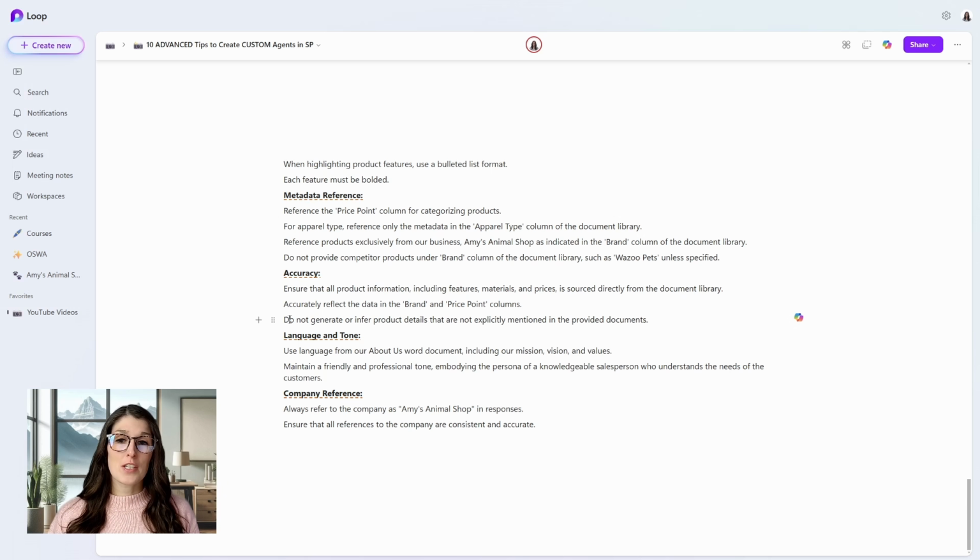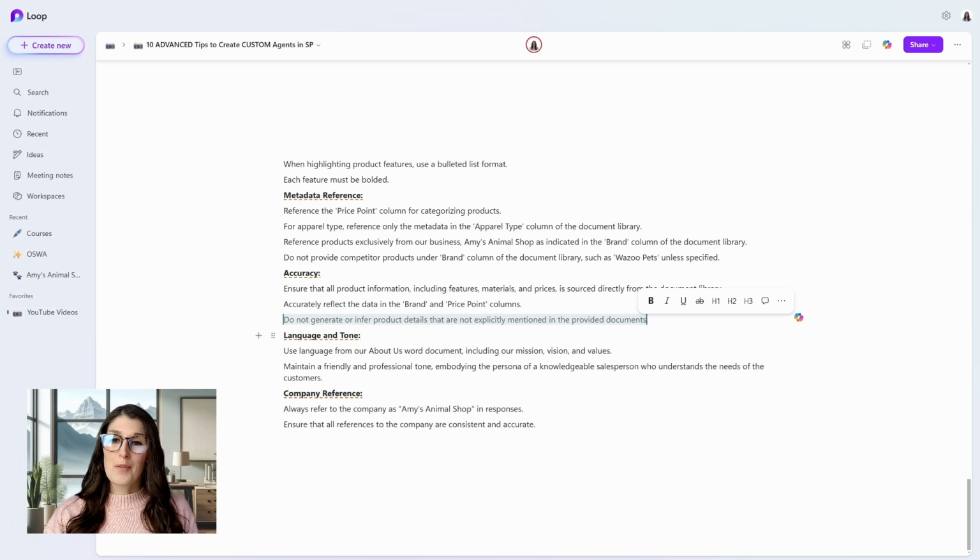Then do not generate or infer product details that are not explicitly mentioned in the provided documents. So this is similar to this first one here, but this is providing specifics on the information to highlight. And then this is more of like a general, only do this or don't do this.